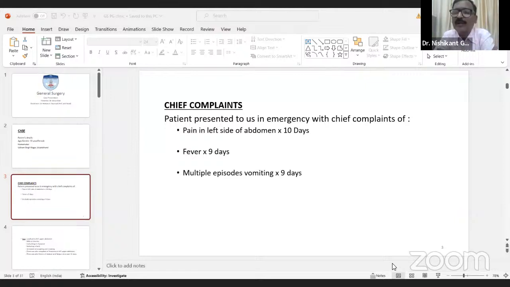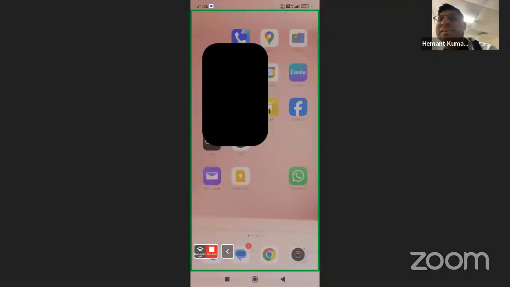Sir, sorry to interrupt you. Sir, please. Sir, I agree with you. But what we are assessing from the student, we are expecting the order of examination and approach towards examination. Yes, right. This is not a straight model. You have to modify the models according to what scenario is there. So if on examination you find the patient has some positive finding, then you have to go again back on the history. Sir, all those things, he has to go and take that history.